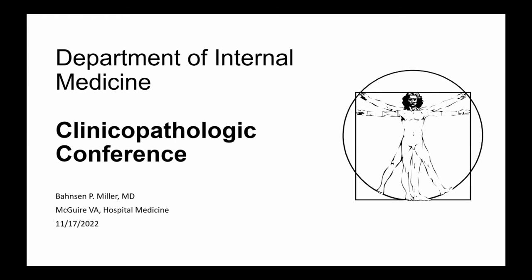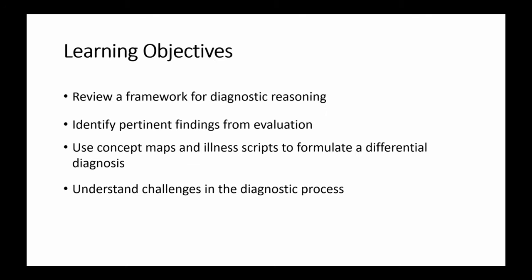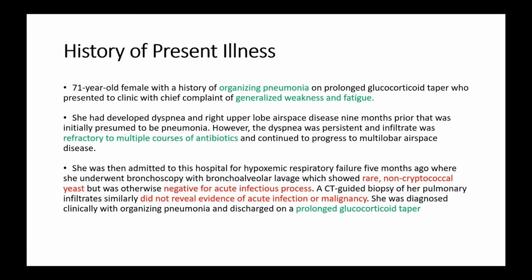All right, so I'm going to go through this case using a basic diagnostic framework. One, starting out, finding some of the pertinent positives and negatives in the H&P, using that to create a problem list. And then from the problem list, I'm going to use a combination of diagnostic schema and illness scripts to really hone down on our differential and hopefully come up with the correct answer. So starting out with the H&P, I've highlighted the important positives in green, pertinent negatives in red.